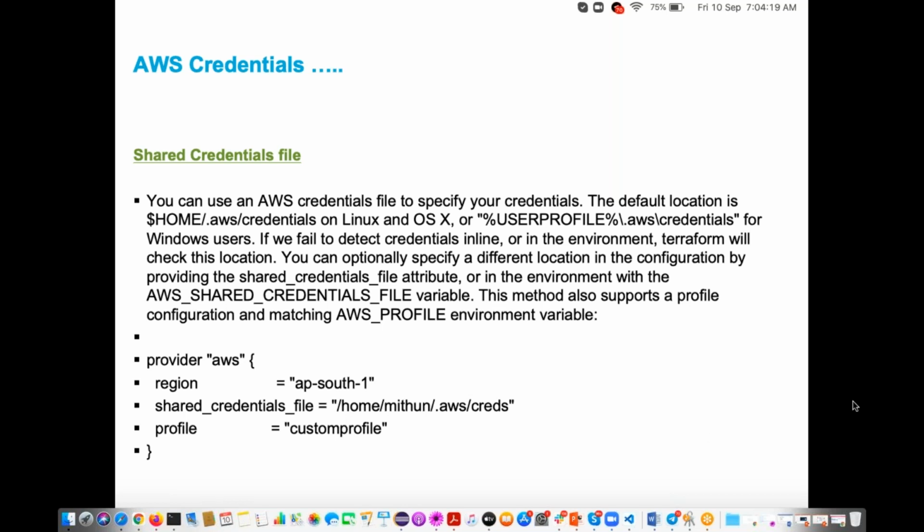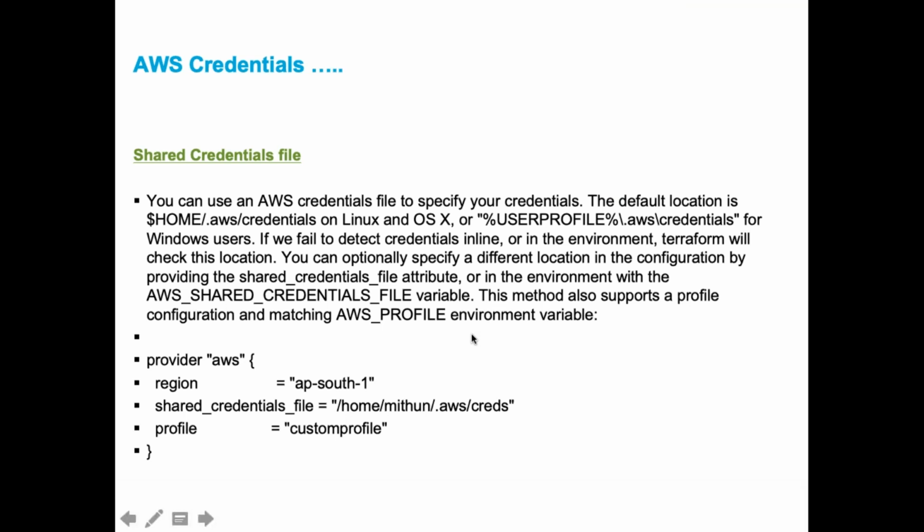Anybody have any questions about the credentials part in the comment section? If not, we'll discuss the next topic: can we encrypt the file? Yes, you can do it. You can encrypt and keep it in a tool called vault. From there you can get it also.